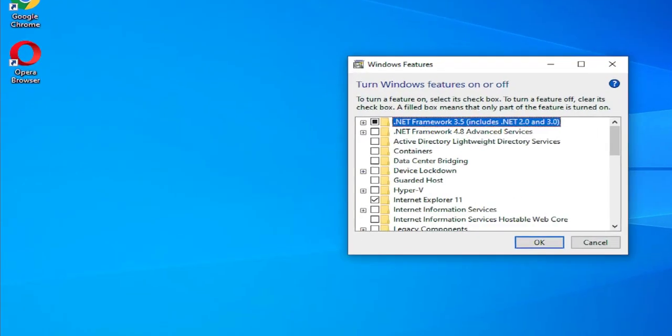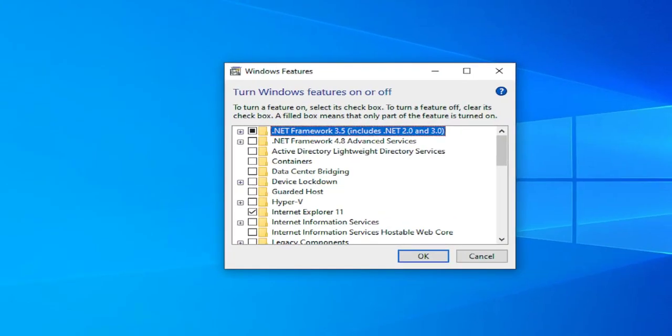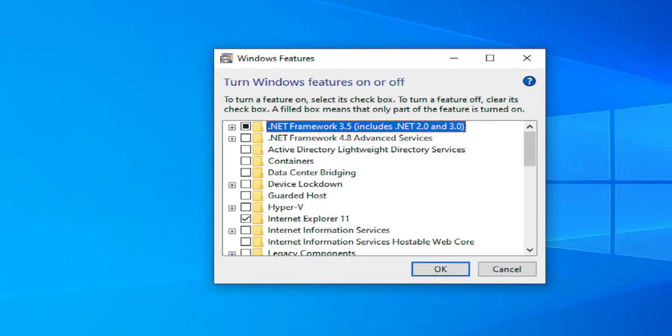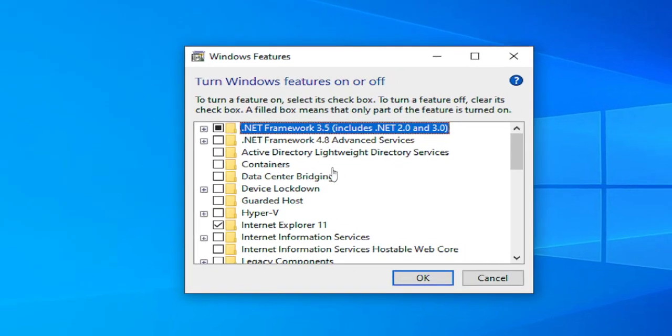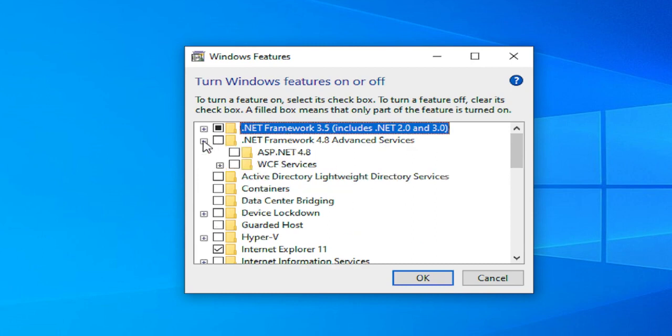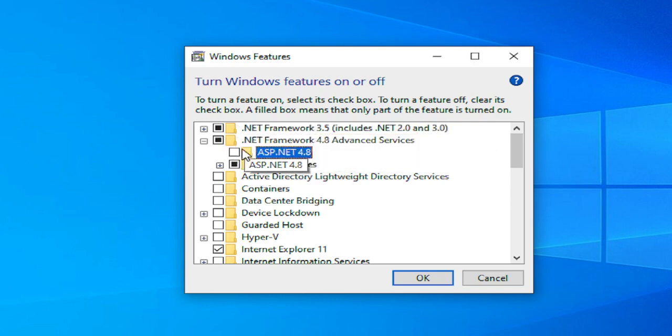In this new window, select .NET Framework 4.8 Advanced Services, one click, and scroll this menu to add more features. I select all and click on OK